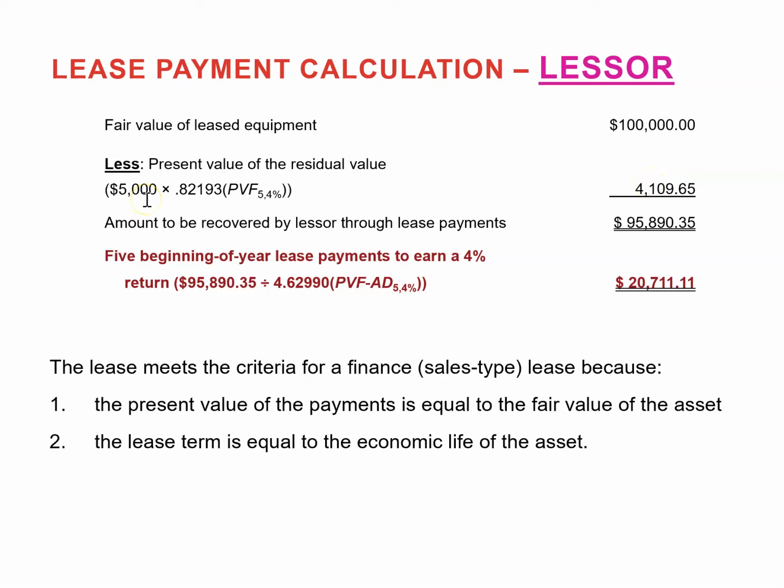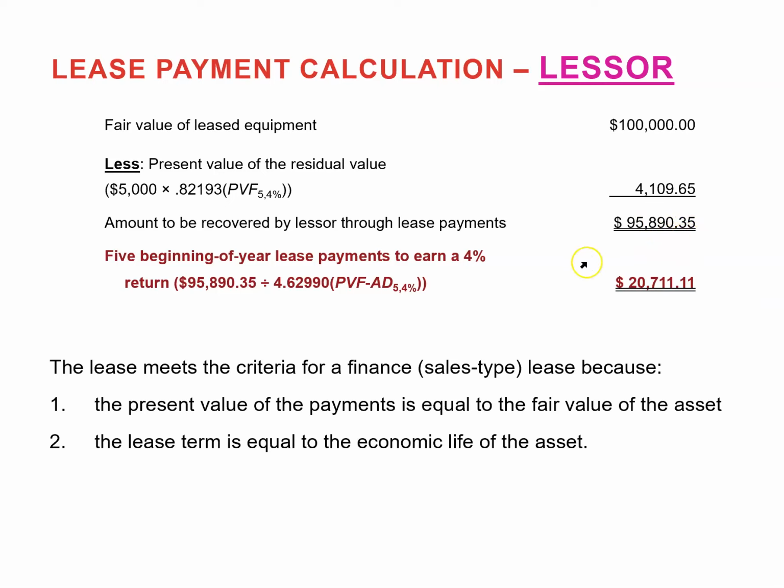And we already know how to use the present value factor table, and for future value, this $5,000 actually is a future value or the residual value at the end of 5 years. So if we use the present value factor, you will get the present value is 4,109, and then if you subtract that, because the lessor will get from that asset, whatever the asset condition is, this is the guaranteed residual value. So that means through the lease payments, the lessor needs to recover or get